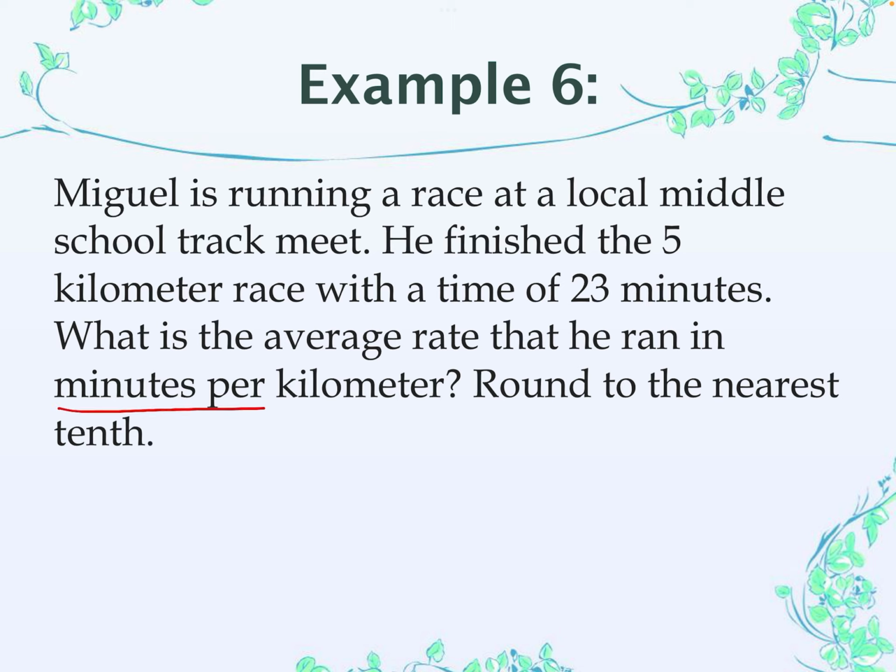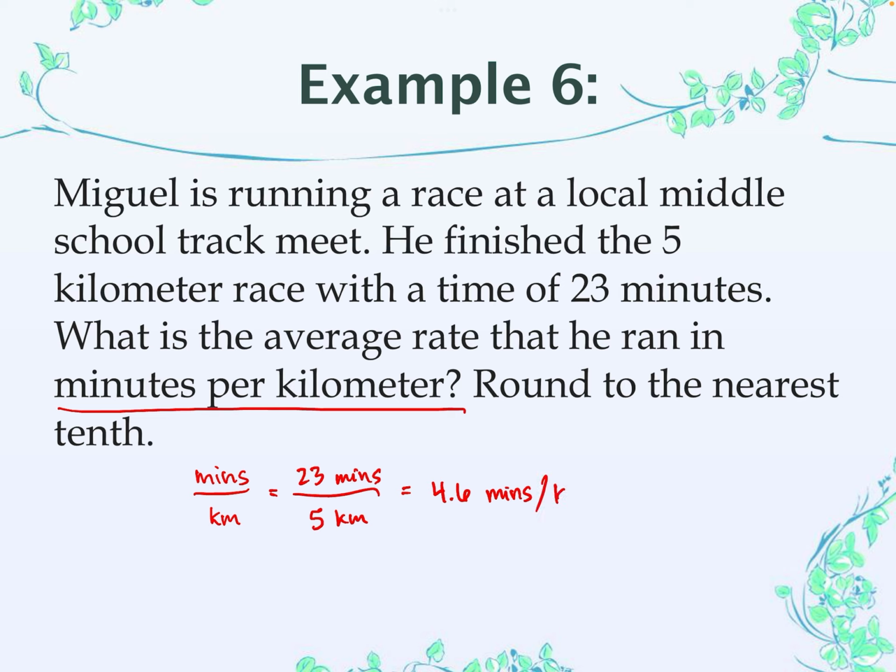So when we talk about minutes per kilometer, think miles per hour, we would divide those two. So minutes per kilometer, we're really taking the number of minutes and dividing by the number of kilometers that Miguel ran. So the number of minutes, it took him 23 minutes to run those 5 kilometers. So how many minutes per kilometer? We would divide 23 by 5. And if we round to the nearest tenth, that is 4.6 minutes